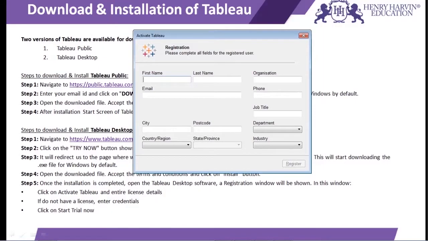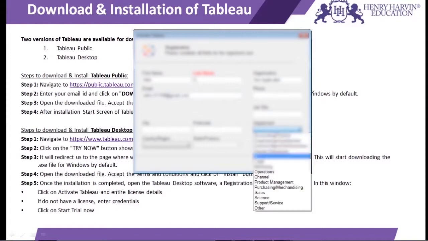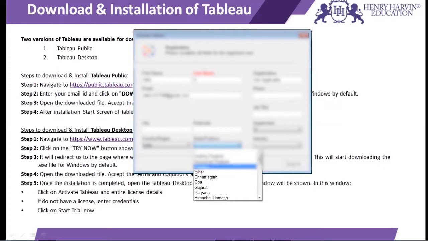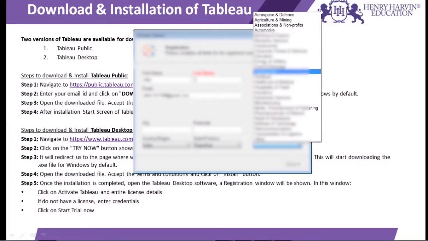So over here, I'll have to register myself on this registration page with a few basic details. I can also check with the email ID. Phone number, if any, job title, city, all things you want to add, you can. Then state. I'm in the industry, again IT.